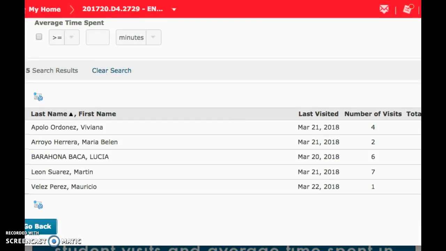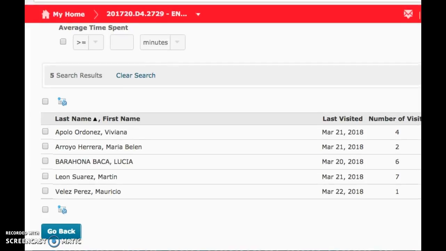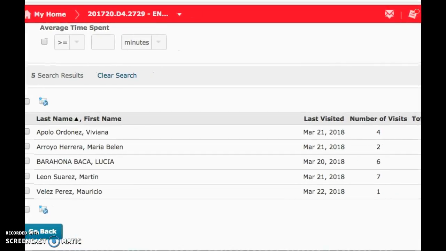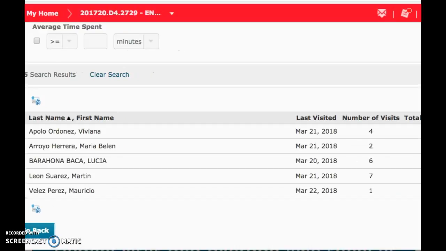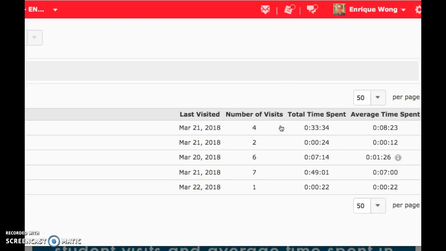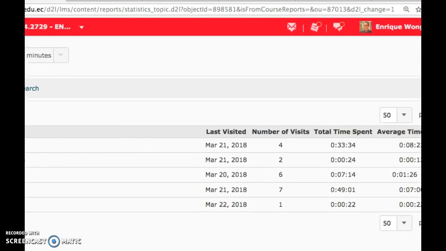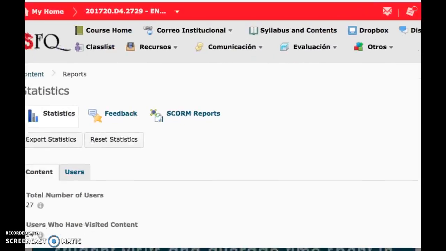So this is the list of students that have visited the first learning object in this section. This is amazing, provided that today is Saturday. So here we have the list of students, the number of visits, and the time spent in the visit. So I could do this in every single corner of the class,